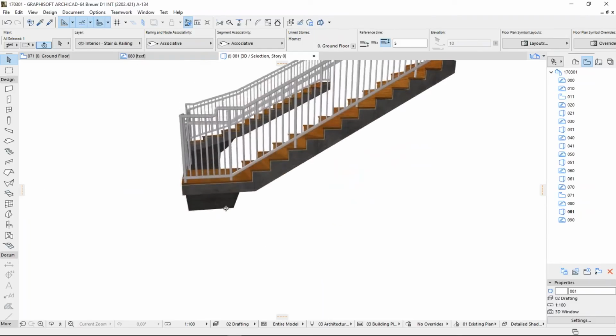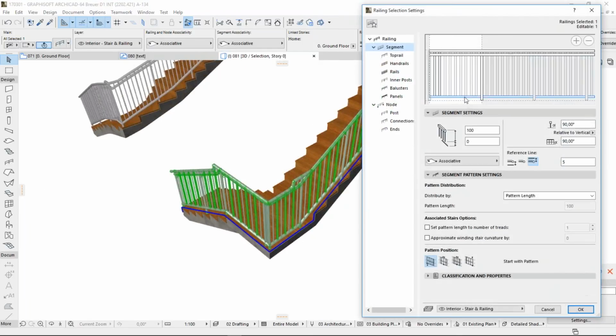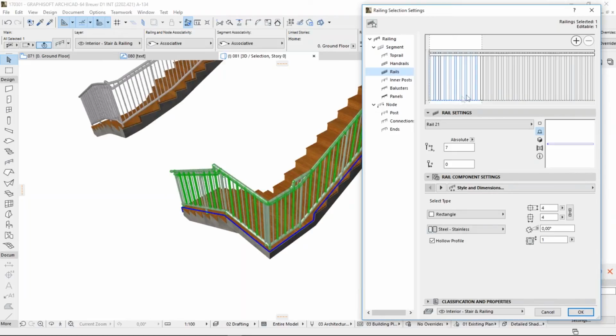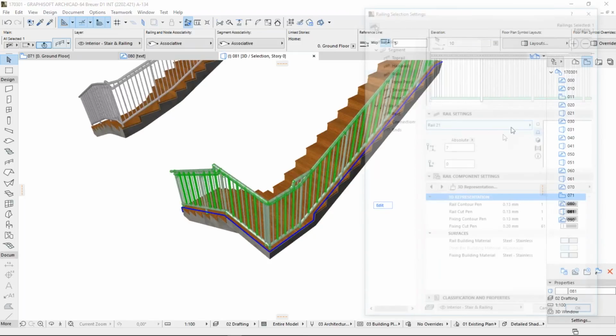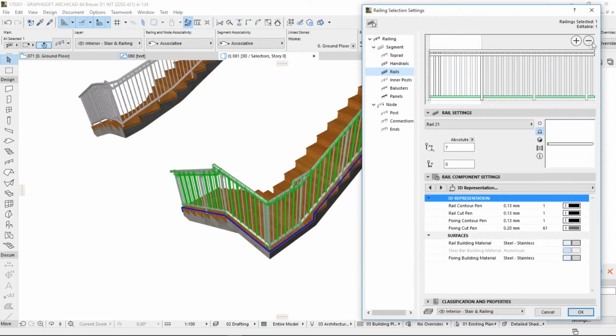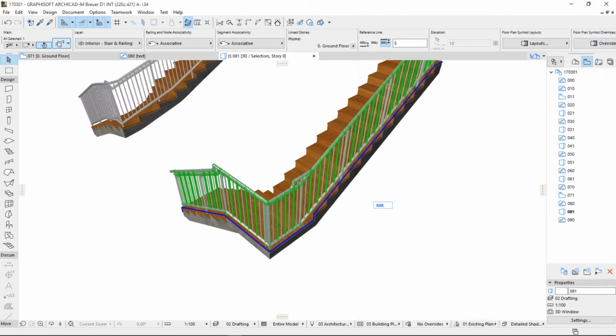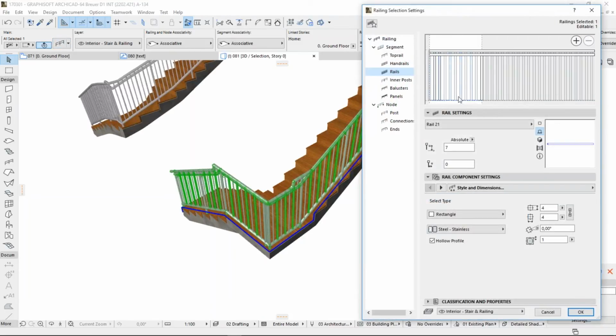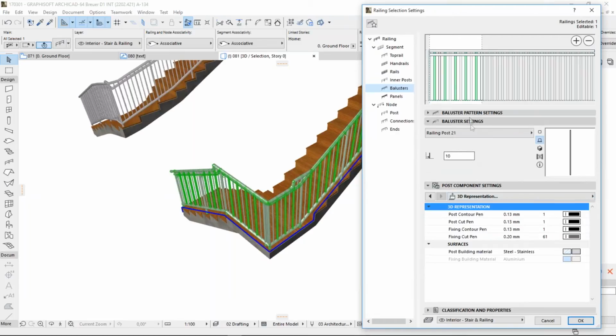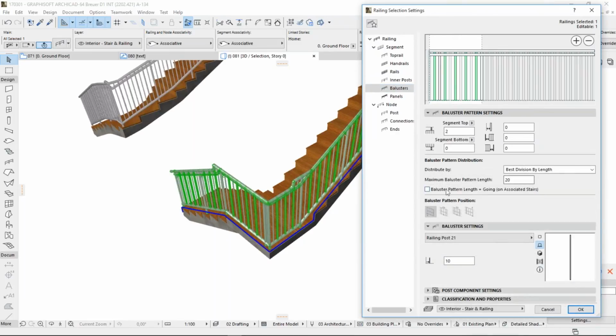So let me go and remove this rail. You can see that I just selected it. So again, if I select something and I press delete, it will be gone, but I can also just remove it here. So I just press delete, and I can add with this one. So if I want to put it back, I can add it with this option. So let me just delete it, and here I go and say for the balusters that the length of the